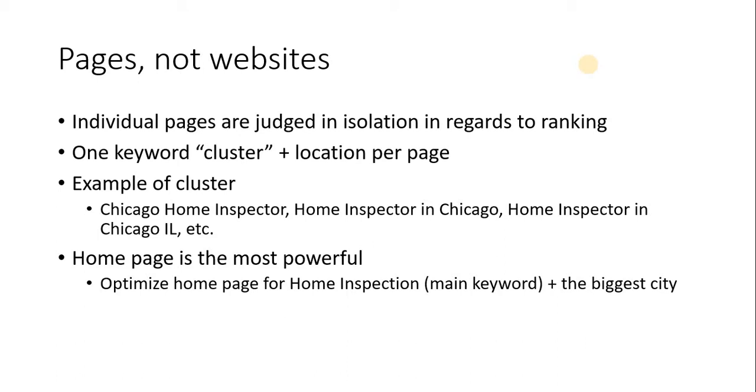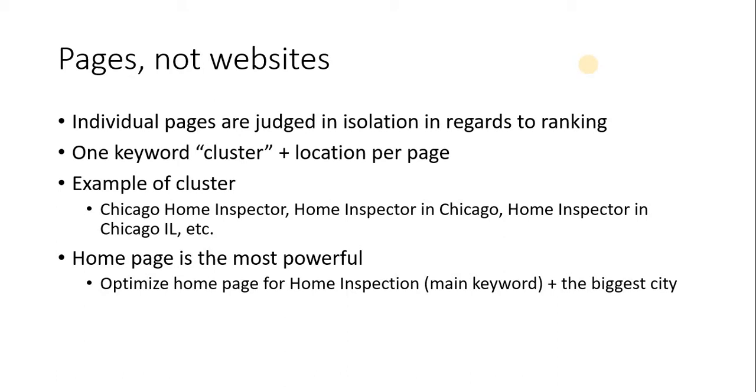Now, I'll get off that sidebar and we're going to jump in and talk about pages versus websites, right? So just websites 101, a website is a collection of web pages, right? So usually you have your home page and that'll have links out to all your other pages, right? So you may have a page about radon and mold and your home inspections and commercial inspections. You might have a page on how to contact the business and the About Us page and things like that, right? So the way Google works right now, so this is in 2018, is they rank and they judge individual